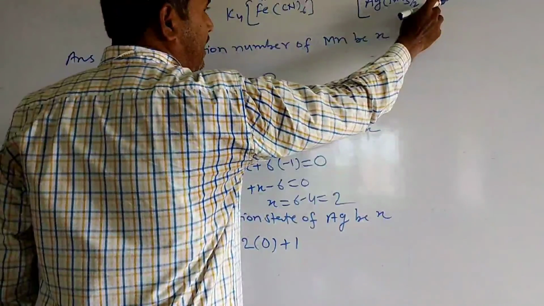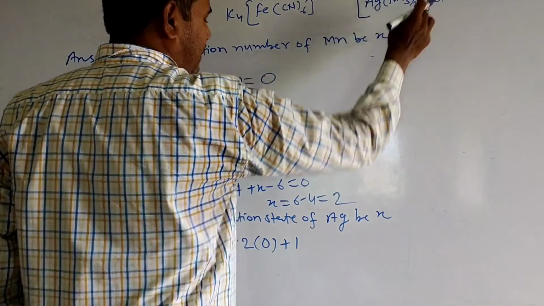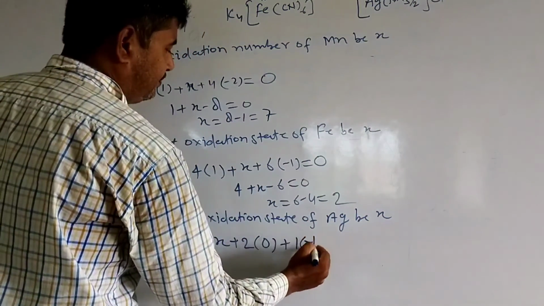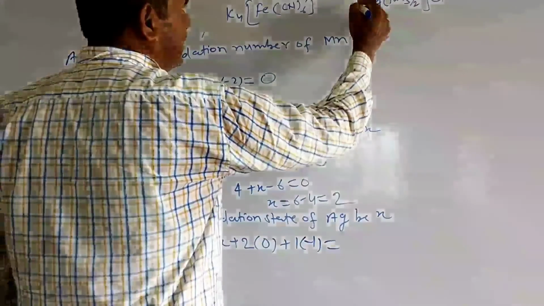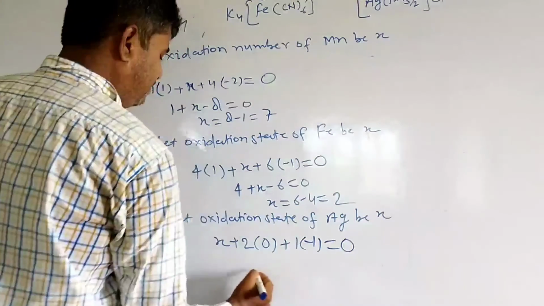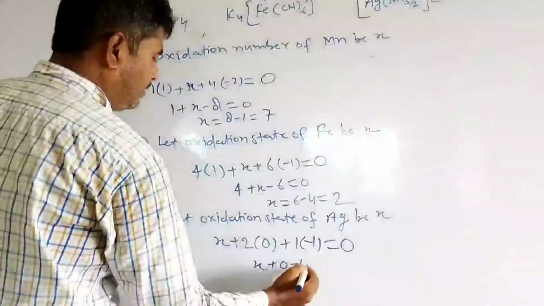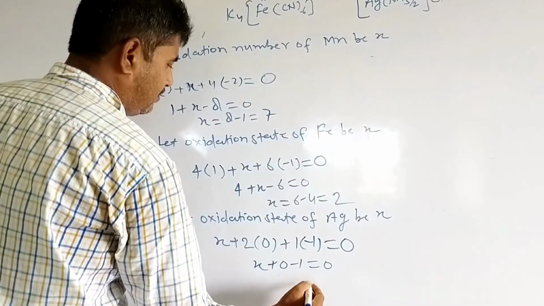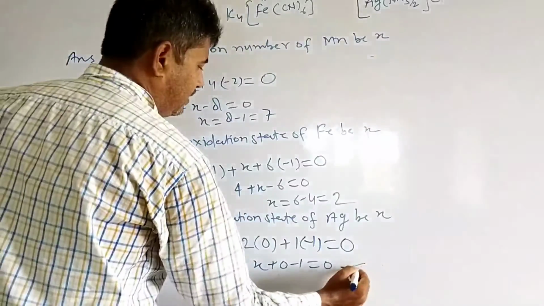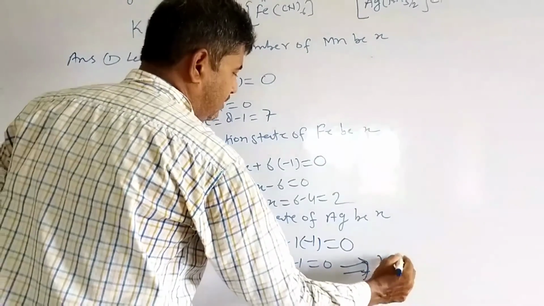So 1 chloride present here, so 1 times oxidation state of chloride, -1, is equal to the charge present. Here there is no charge, 0. So X plus 0 minus 1 is equal to 0. Implies that X is equal to